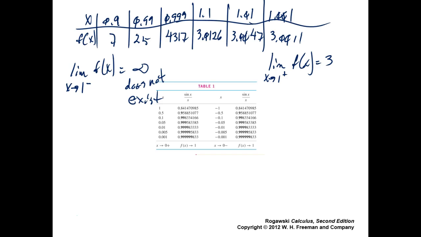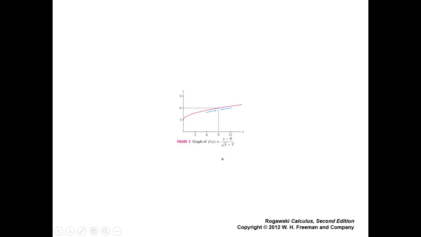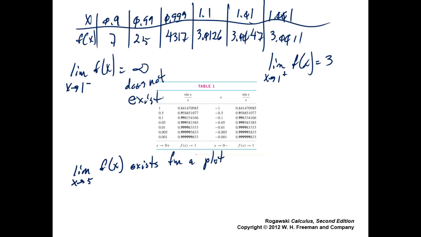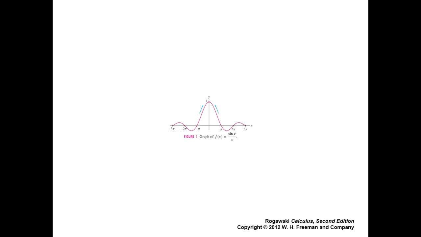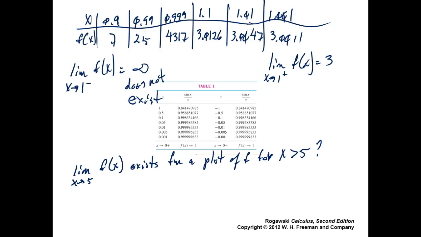Can you tell whether the limit as x approaches 5 of f of x exists from a plot, from a plot of f of x, plot of f for x greater than 5? If that's all you have,